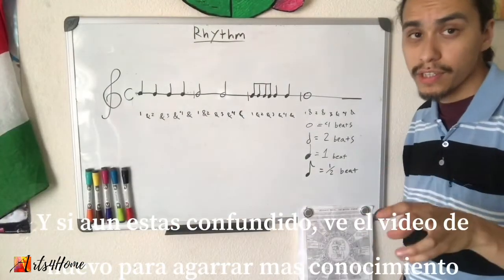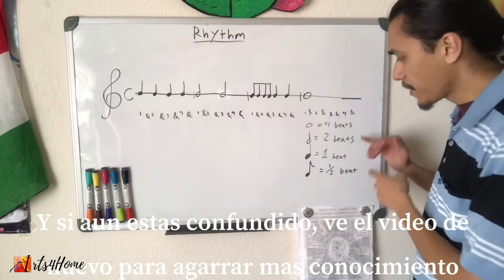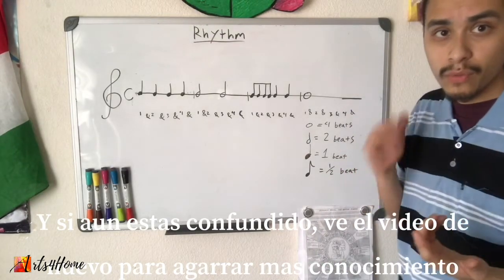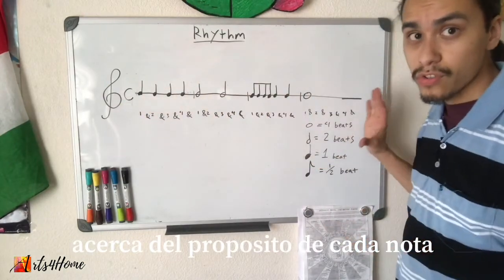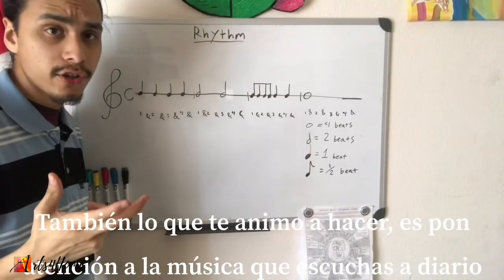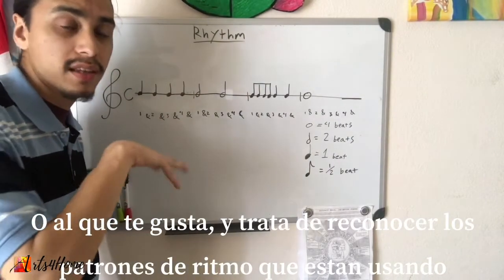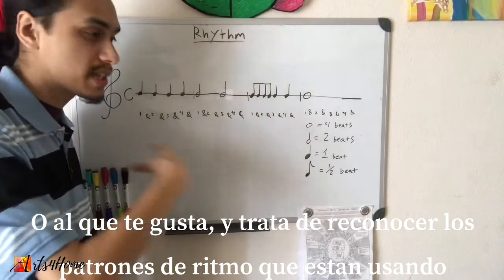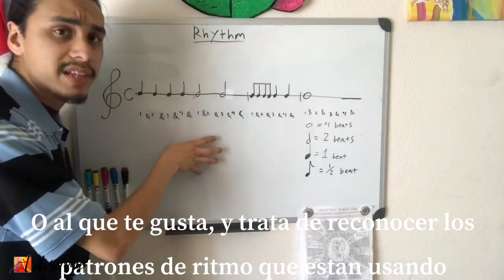And if you're still struggling to understand how each one works, just go back and rewatch the different parts where I explained how the different notes work, and then move forward and you'll have a better understanding of how all those notes work together. Also, what I encourage you to do is take a listen to all the music that you listen to normally, or the music that your parents are listening to, the music that's on the radio, and using what you learned here, try to pick up on the patterns that are happening